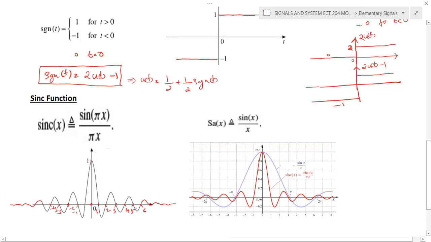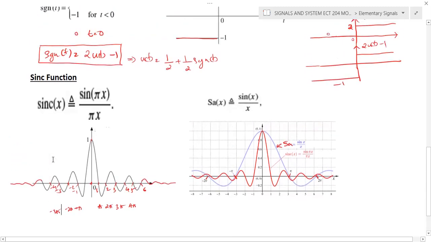And when you take the sa function, so only one difference, instead of 1, 2, 3, you'll write 1 pi. So this is a sa function. The blue color shows the sa function. Okay. So if you compare with the sinc, the only difference is that it crosses pi. Okay, another point 2 pi, 3 pi, etc. Here it is minus pi, minus 2 pi, etc. So the same function, the crossing points will become pi, 2 pi, 3 pi, 4 pi in the case of sa, and here it is minus pi, minus 2 pi, minus 3 pi, etc. Okay, that's the only difference between sa and sinc function. Okay. Both follow the same shape.